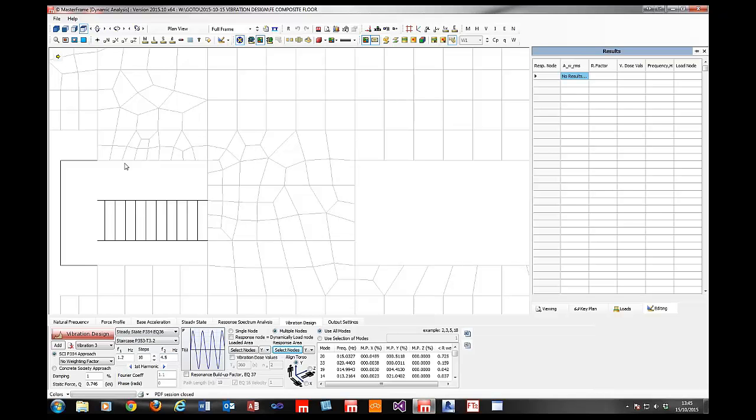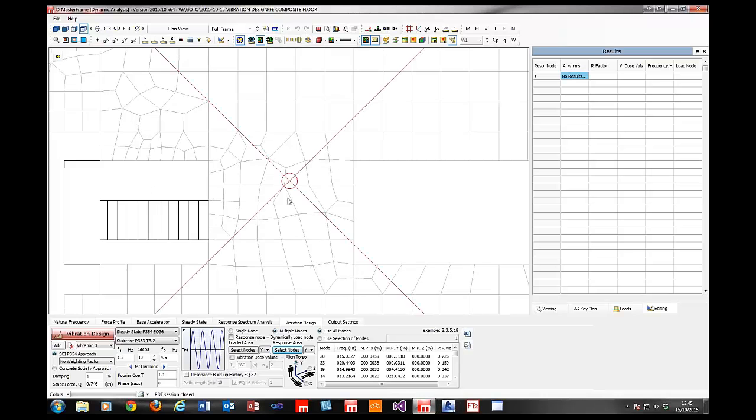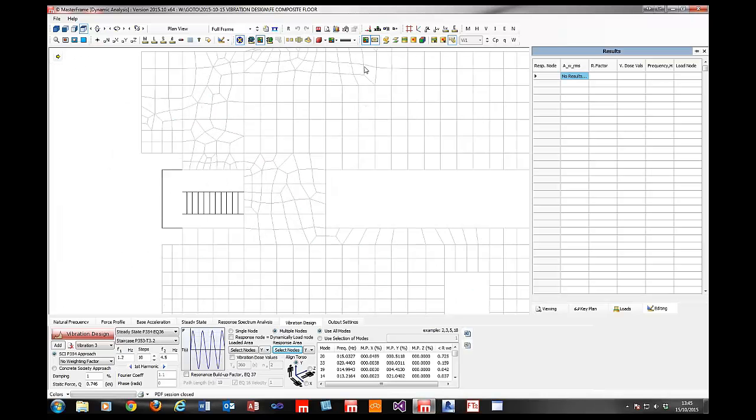So it's not really a sensible idea to select all the nodes in the structure as response nodes and all the nodes in the structure as loaded nodes, because you end up with a lot of combinations, and a lot of the time you'll be measuring the response at one node due to excitation at another node far away from it, which has absolutely no bearing. So you use this selectively when you're doing this type of thing. I think previous examples we gave of it is maybe where you might have a corridor outside an operating theatre. You might have a walking activity going up and down a corridor, but measure the response in the operating theatre. So let's run that,